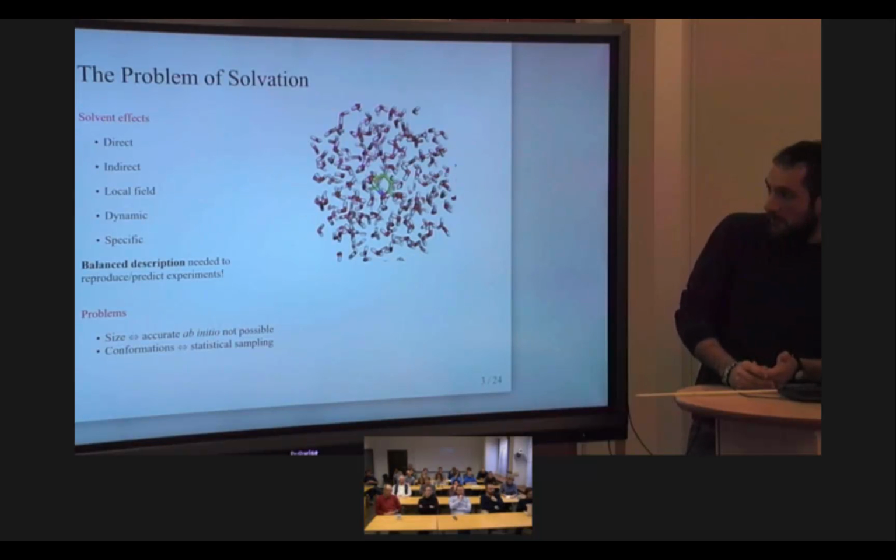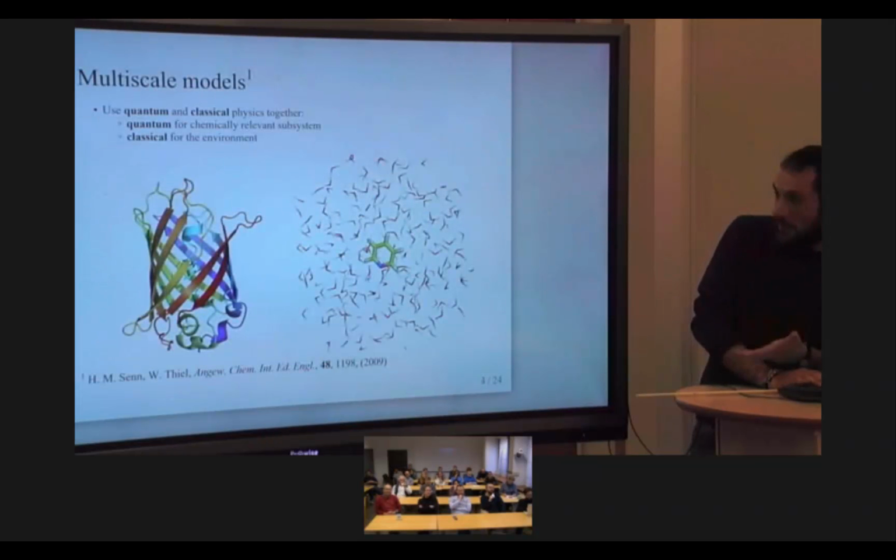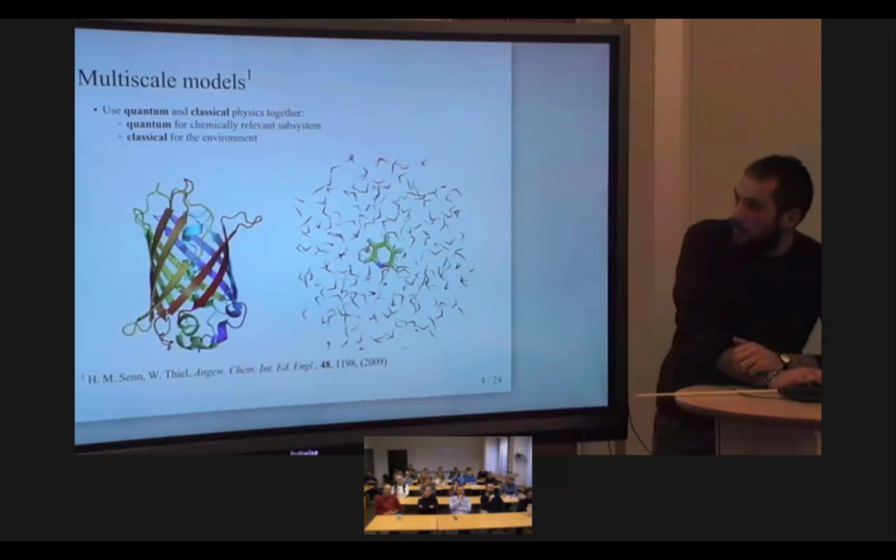And the other problem is that these systems might have a huge number of conformations, and it is not possible to reproduce experiment or try to predict the results of experiments just basing ourselves on a QM run on just one snapshot of a possibly really large conformational space. So this introduces the need of conformational sampling, which is an additional problem if we want to treat solvation or structured environment like proteins. So what is the idea here? To simplify this